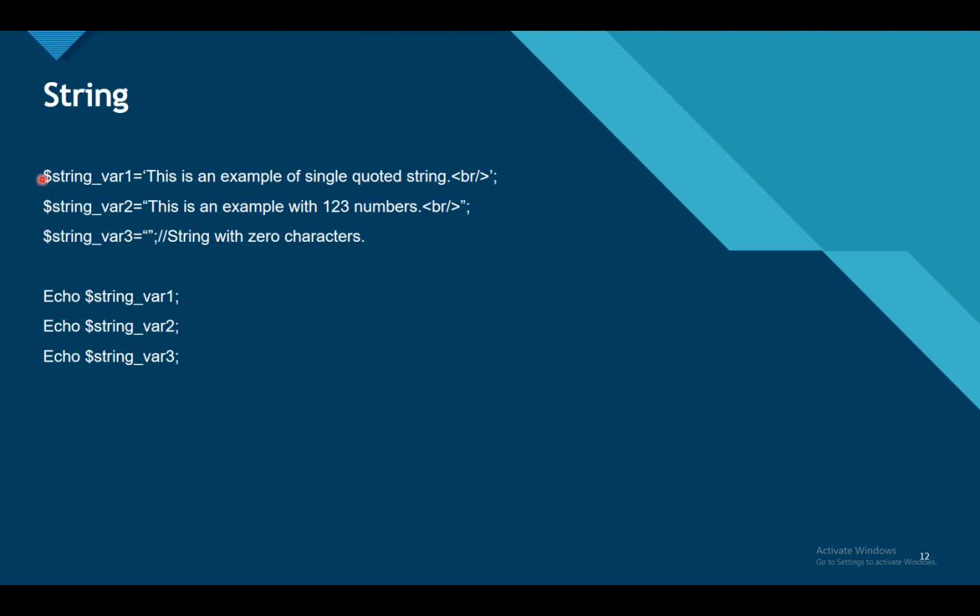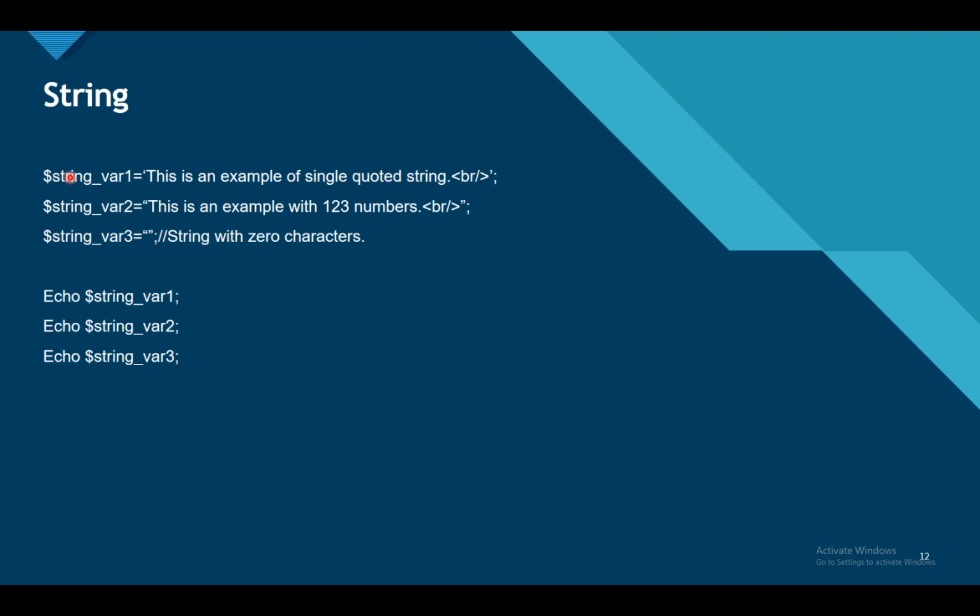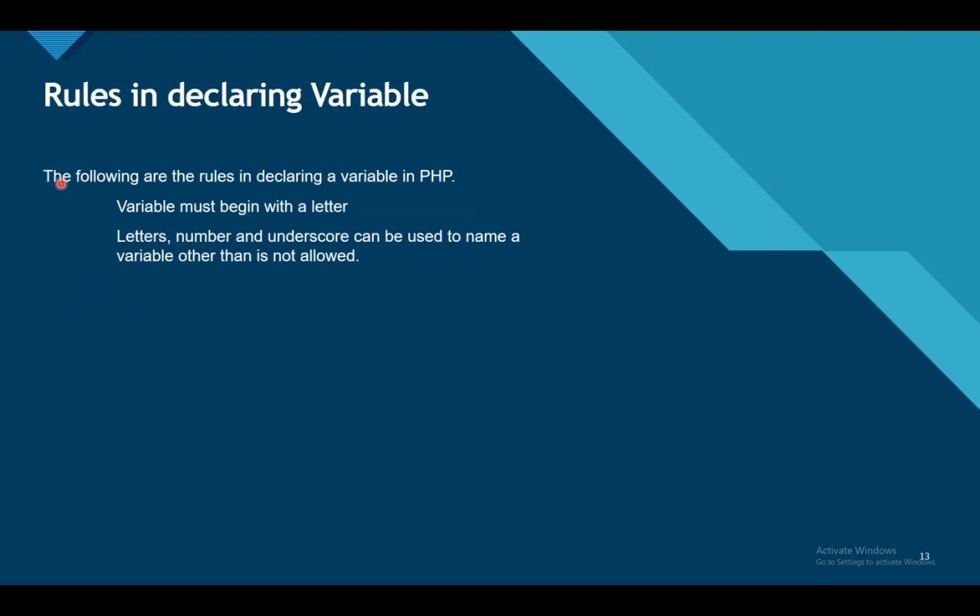And every variable has a $sign to indicate that it is a variable. Okay, so letters, number, and underscore can be used to name a variable other than is not allowed. So it's not special character, but actually it's an underscore only. Okay, if you say special characters, not by asterisk, hashtags, and at, or so on. So it's only underscore, and you have to put letters and number, but make it sure that each variable after the $sign dapat letter jud pinaka una. So that's the rule in